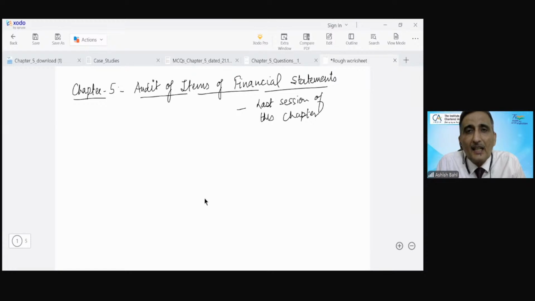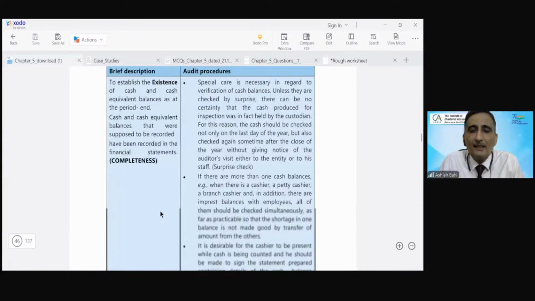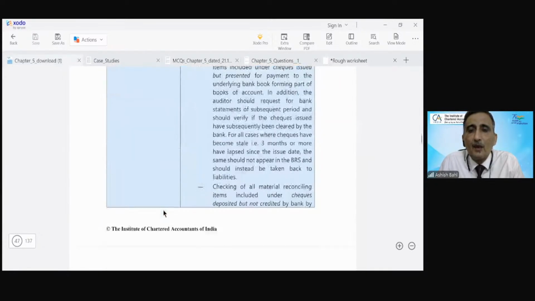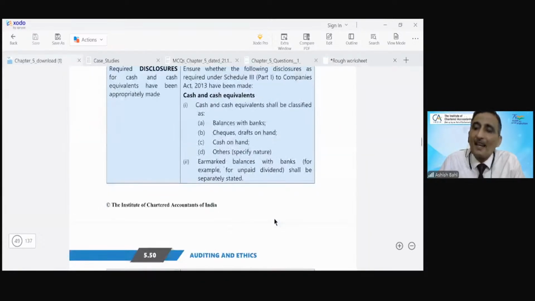Cash in hand has to be disclosed separately. Cheques in hand are to be disclosed separately. Similarly, there are other disclosure requirements which you have to remember, like balance with banks, cheques in hand, cash in hand,